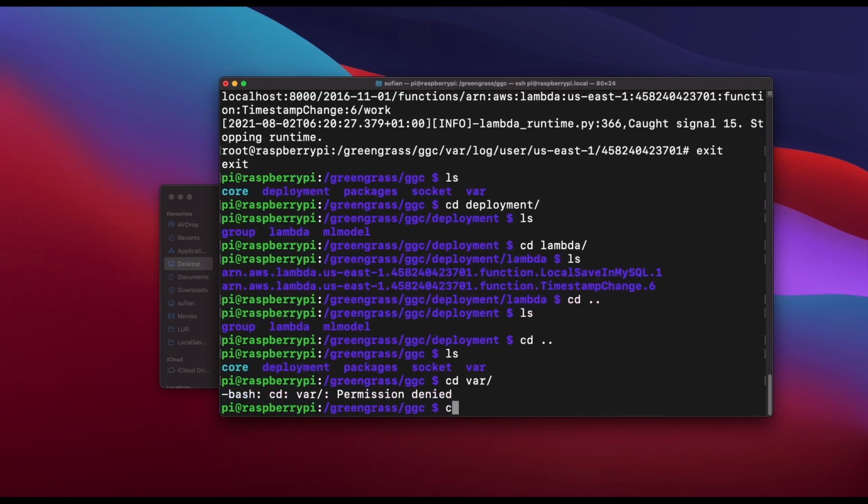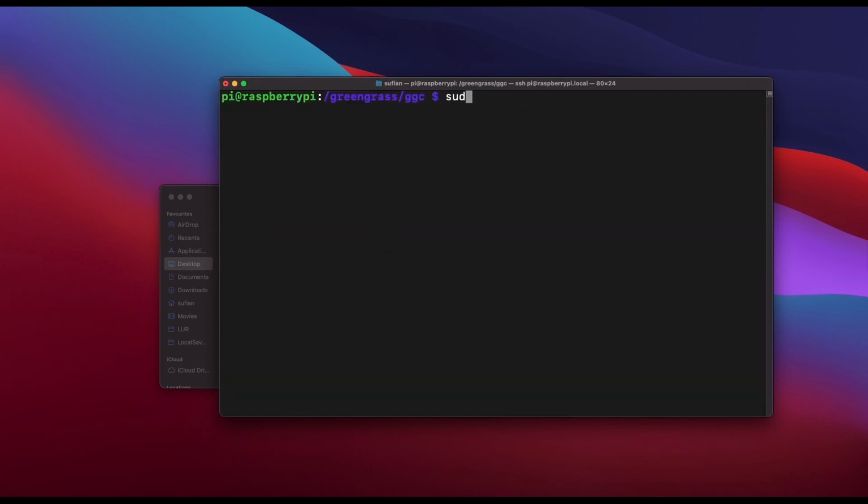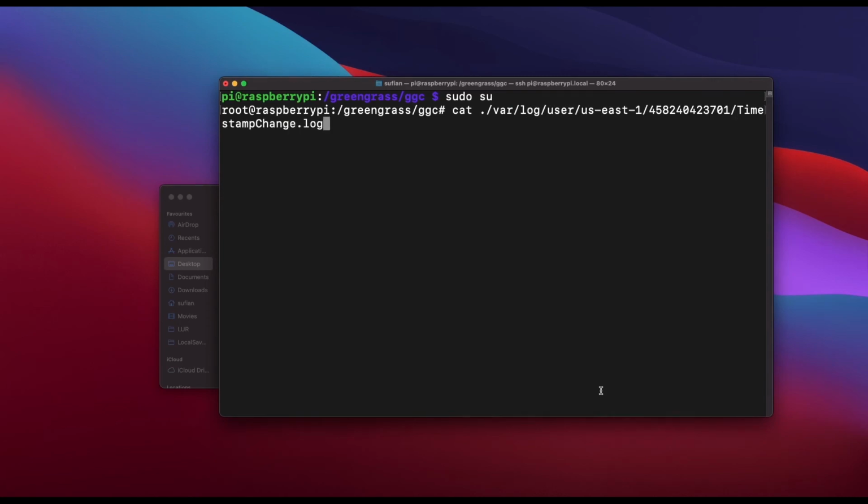Let's clear it. Login as root, cat. In the current directory, go to var, log user. Okay, this is not generating any log value.